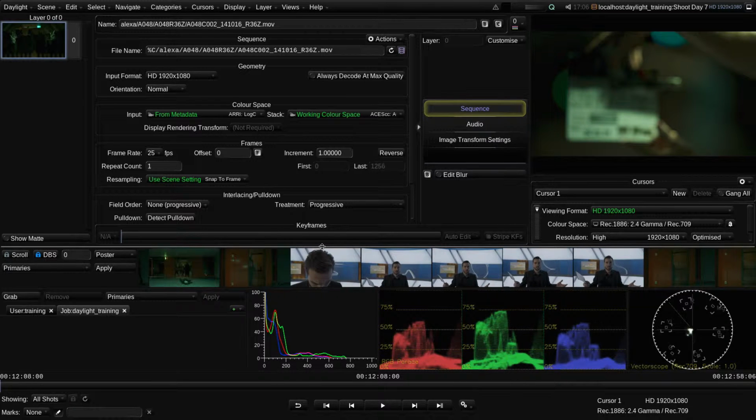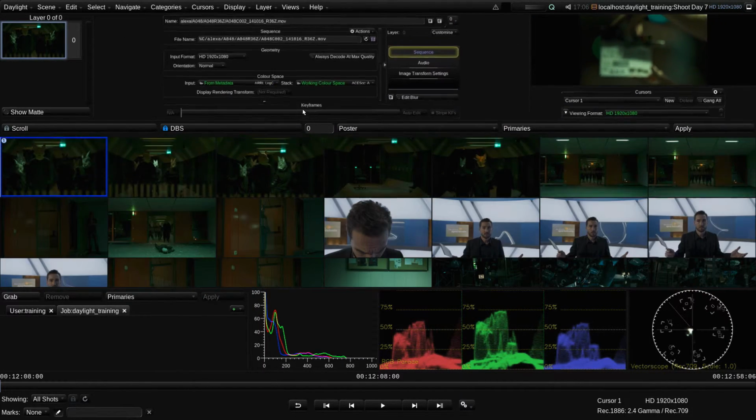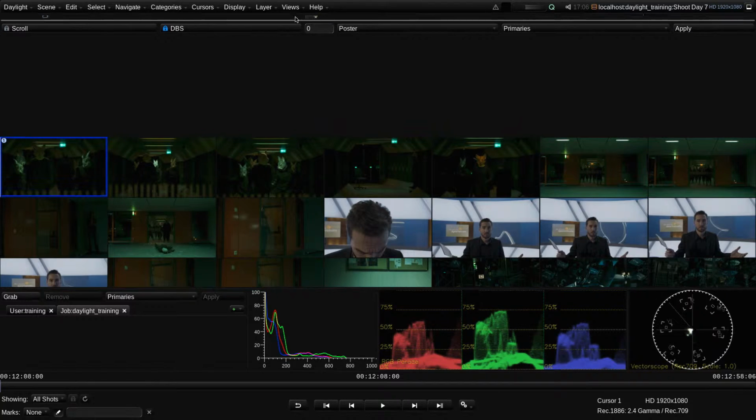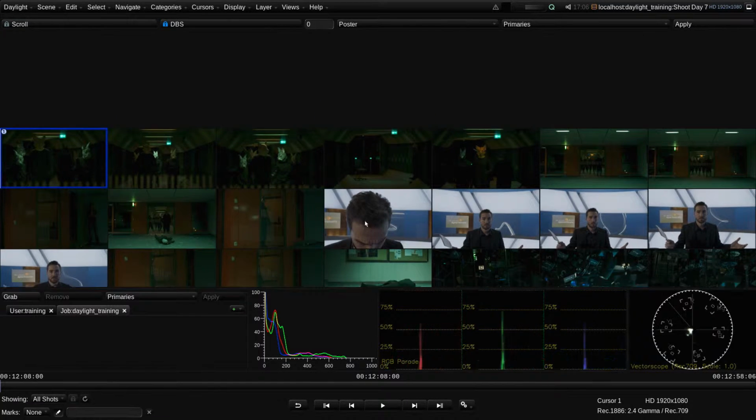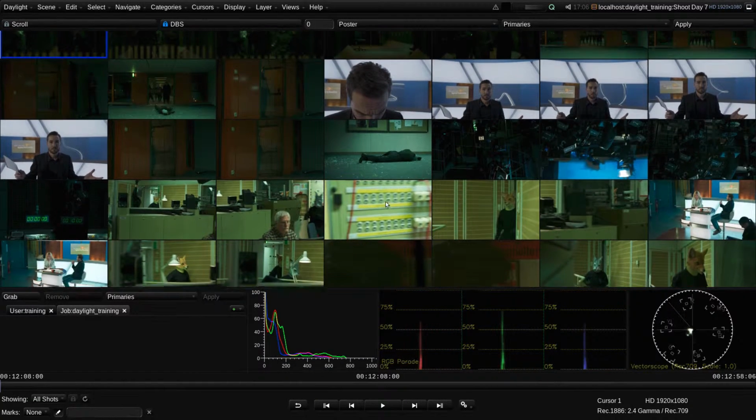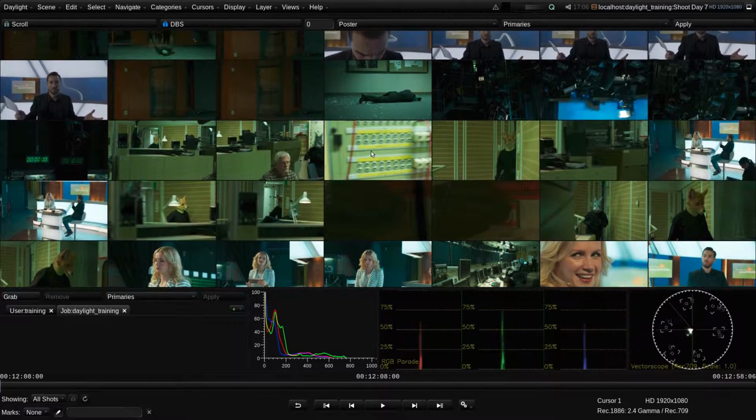Notice that if I keep dragging the splitter bars, you will see that the Cuts view turns into multiple rows of thumbnails, presenting the scene in a kind of storyboard fashion. This can be a useful way to see more of the scene in one go, but it can also be used as a way to manually reorder the shots for playback.